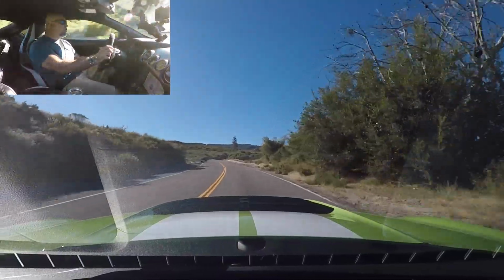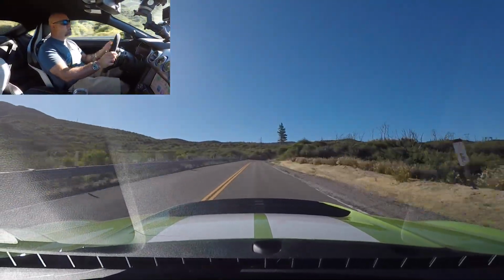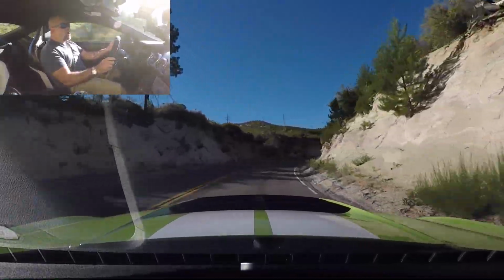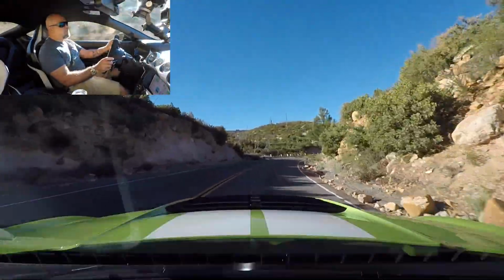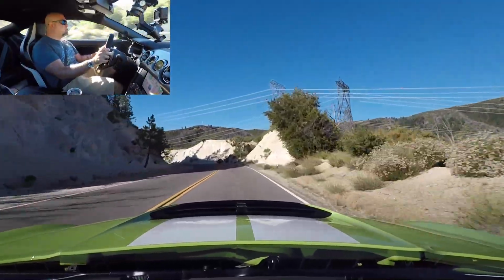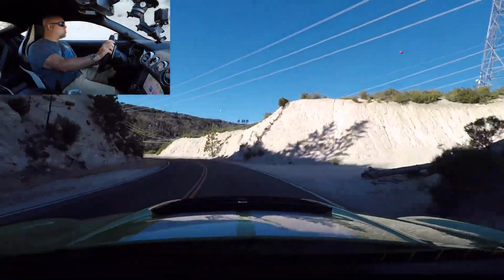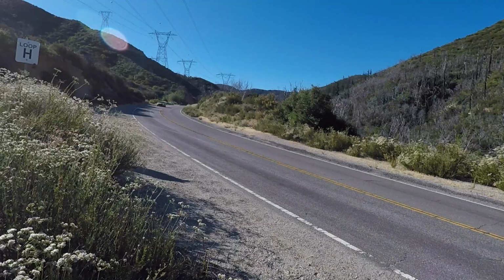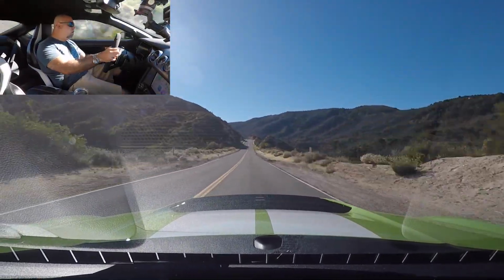Phenomenal body control. Really good connection between me and the road, especially in the sport shock setting. Got a little bouncy with track, but with sport, we're really maintaining that contact patch beautifully right now. And roll on